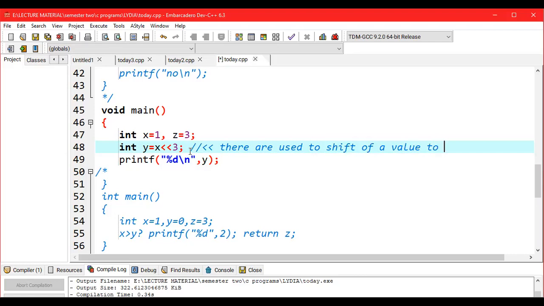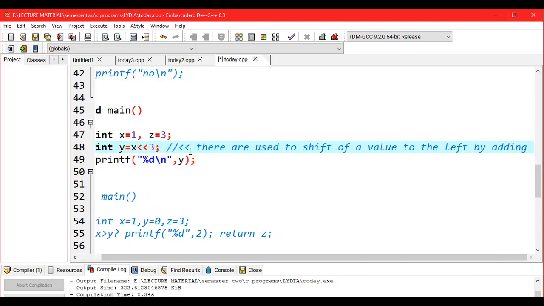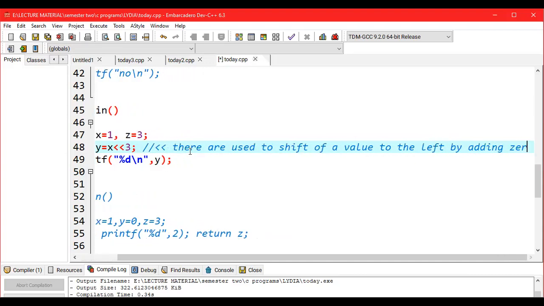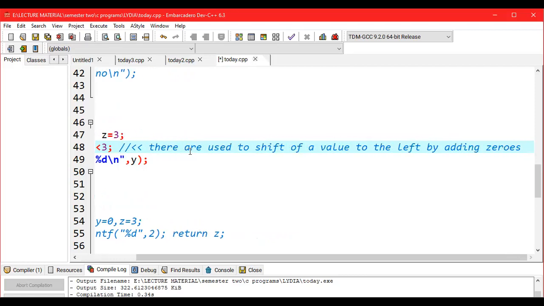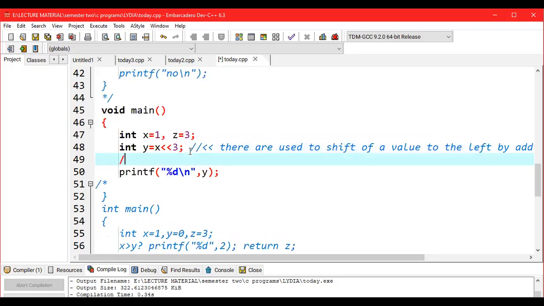Value, left, by adding, zeros, to the empty, spaces, created at the right, side,